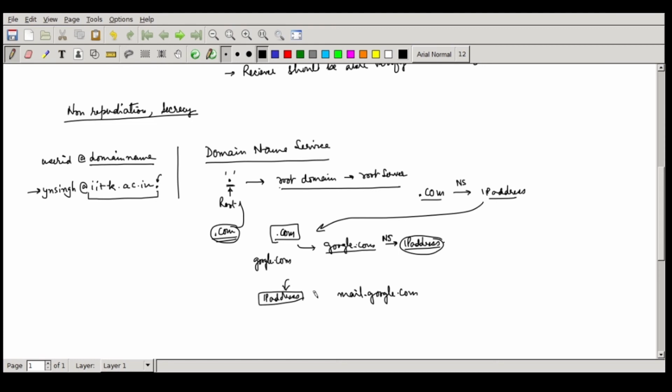So here it will now maintain an entry which will say mail.google.com, and then it can give the IP address for this. So we call this an A entry actually. Okay.